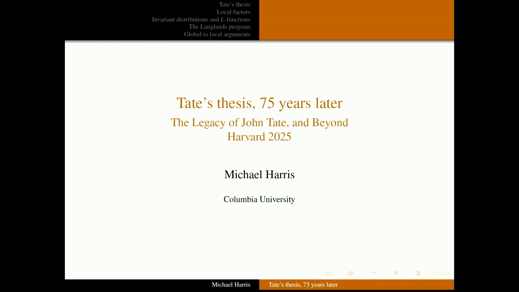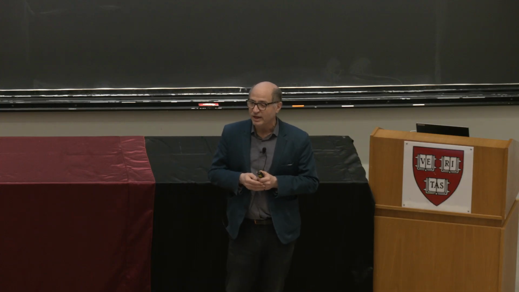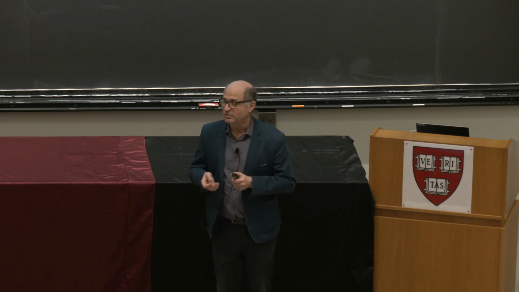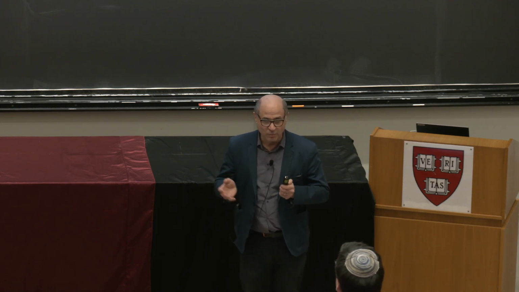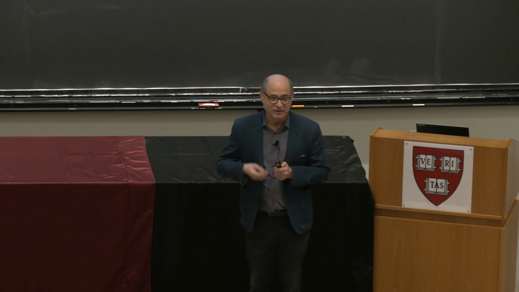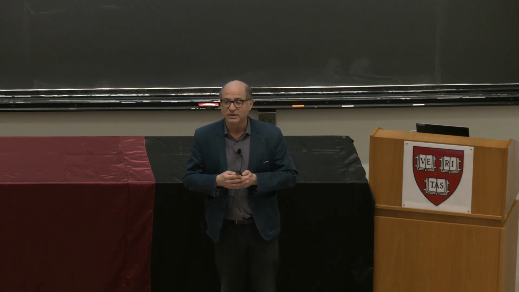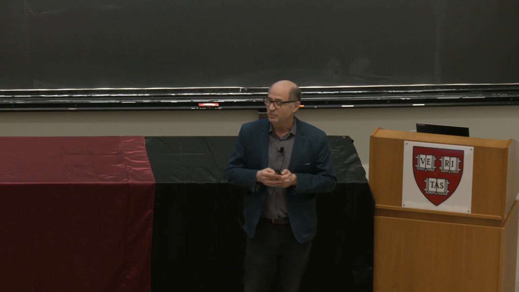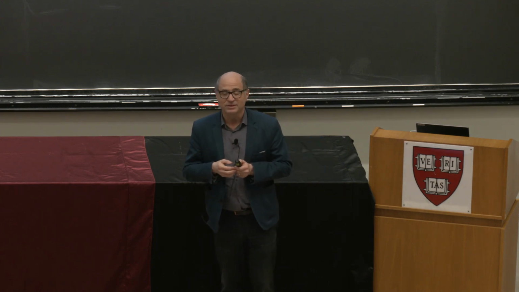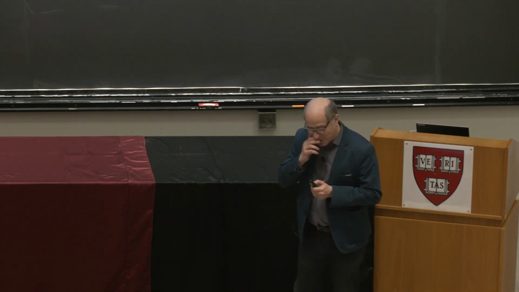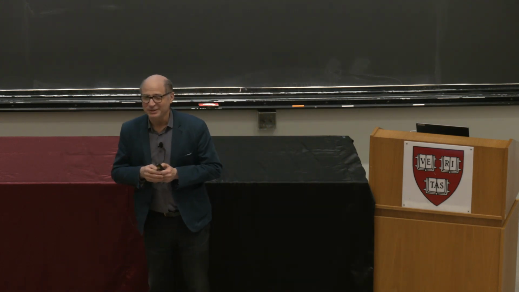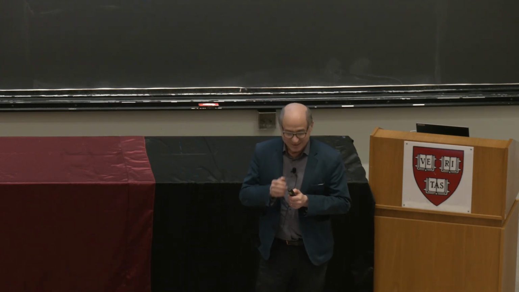So when I arrived at Harvard in the middle of the 1970s as a graduate student, I already was familiar with the framework of algebraic number theory that Tate had constructed. Thinking back, it's amazing that he had done so much in such a short time, but it was already well understood and well established, and I wanted to work in algebraic number theory. And Tate was advising his students to work in the Langlands program, and I wasn't interested in that. So at the time, I didn't quite see the point. But you know, things have changed.